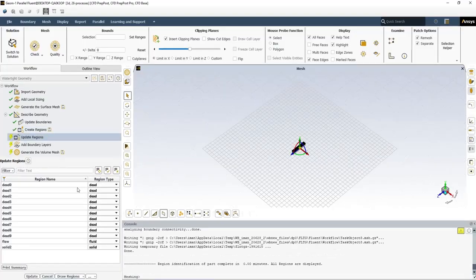Next, we go to Update Regions, where we have several dead zones, a fluid zone, and a solid zone. Fluid zones represent areas where fluid flow occurs and are the primary regions of interest for CFD simulations, such as air flowing around an object or water through a pipe. Solid zones represent solid materials that may participate in heat transfer or act as flow obstructions, including walls, structural components,